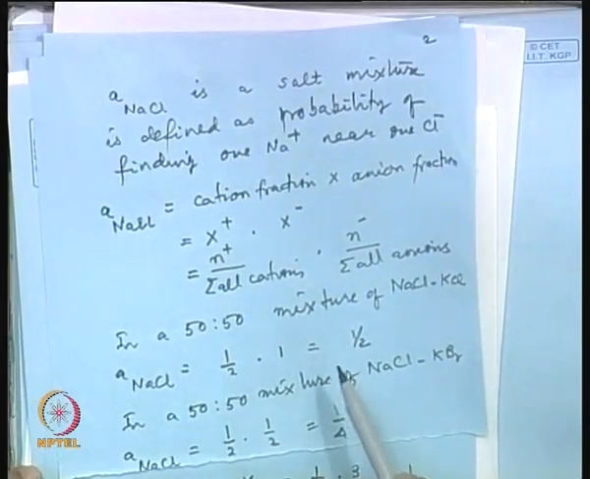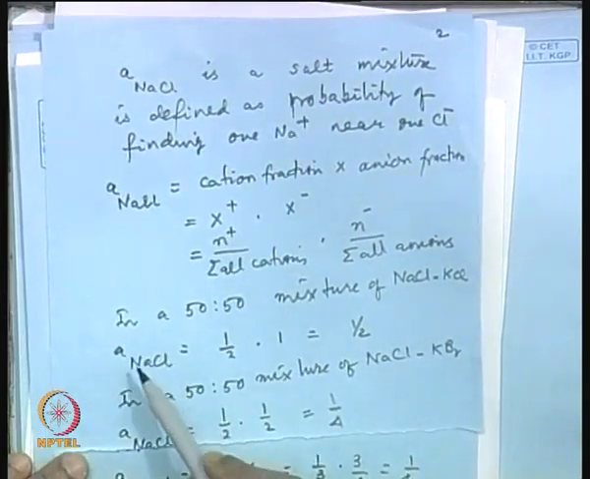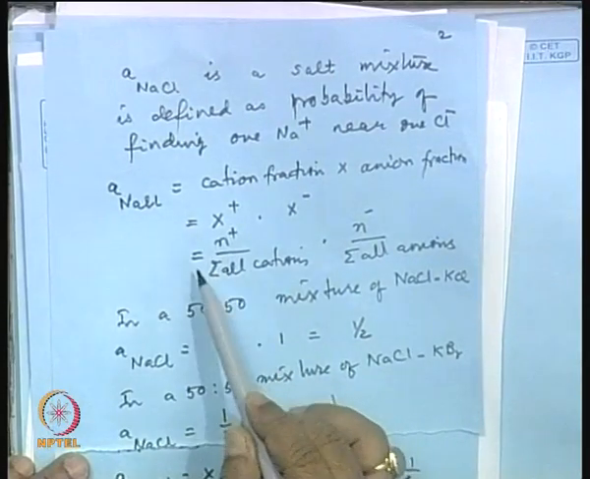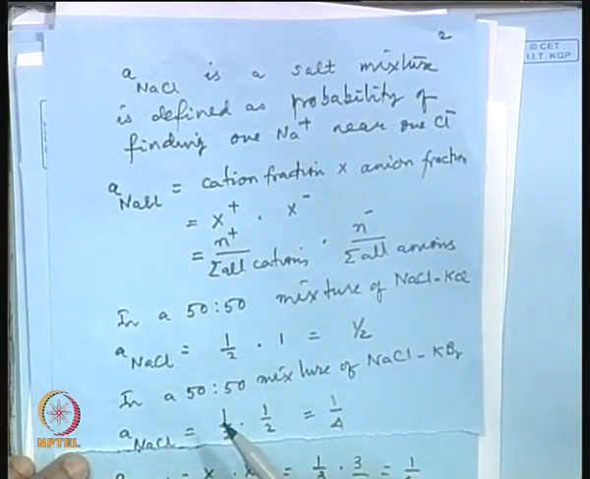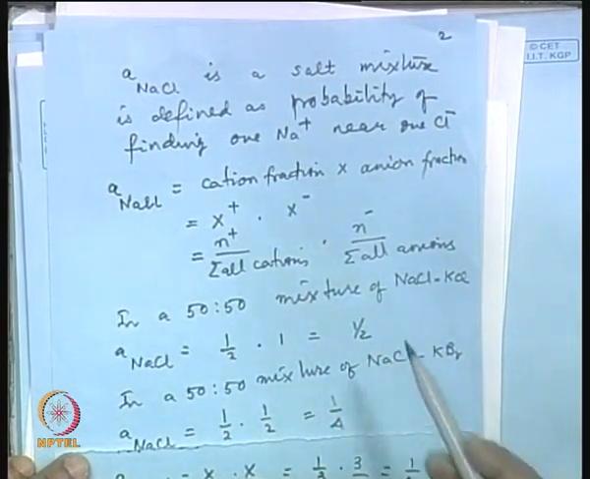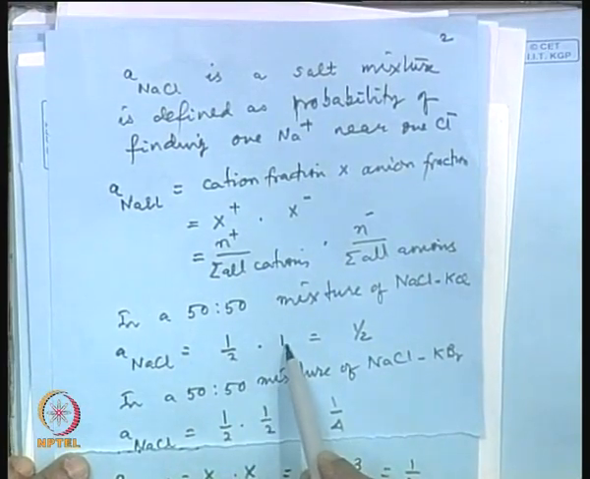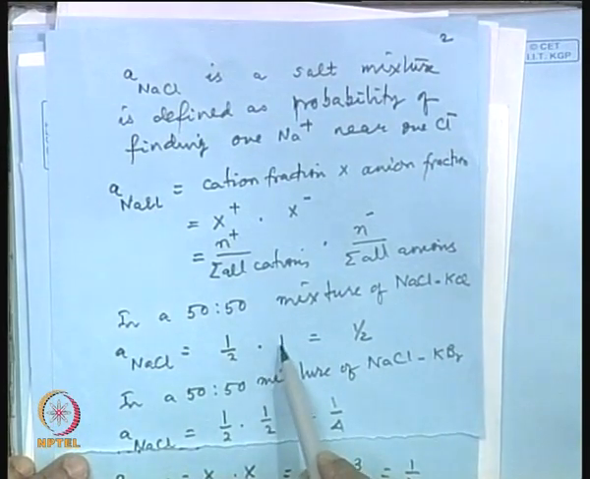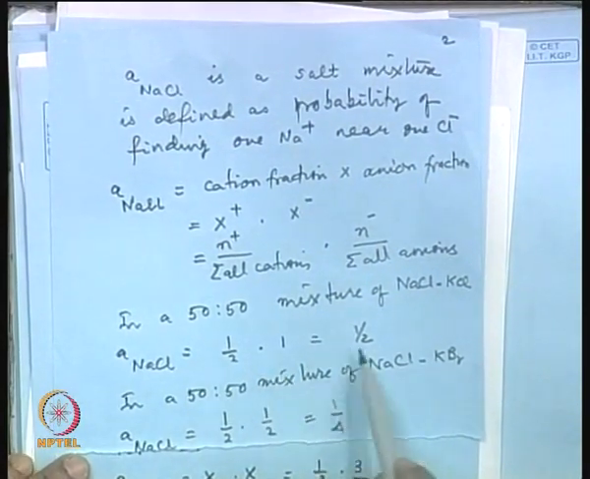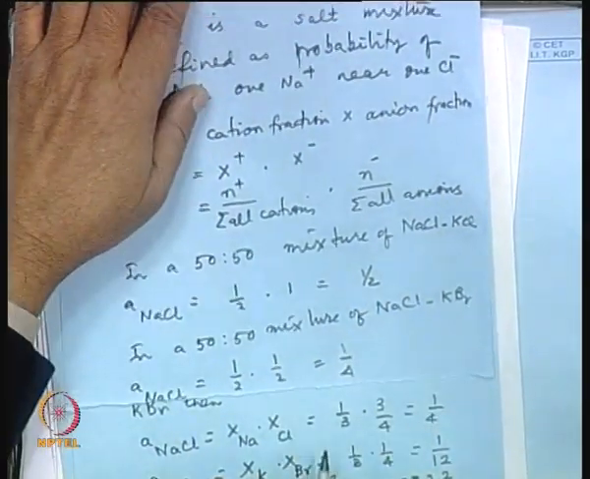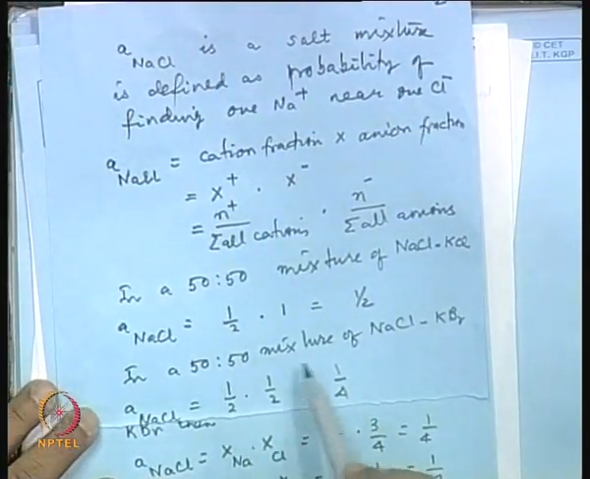So, in a 50-50 mixture of sodium chloride and potassium chloride, a_NaCl would be half, because in the entire cation sublattice 50% positions are occupied by sodium, the other positions are occupied by potassium. So, it will become half, but when we come to the anion chlorine, there is only one kind of anion, chlorine. So, the probability of finding a chlorine in the adjacent site is always 1, there is no other anion. Therefore, the activity of sodium chloride will be half,